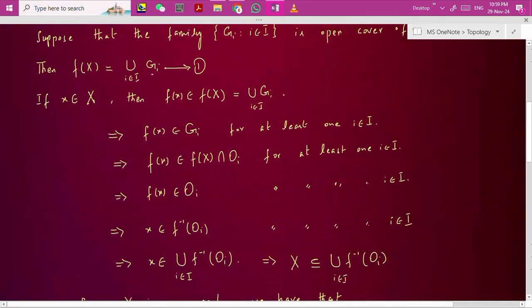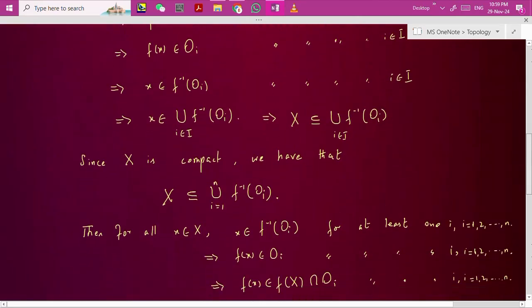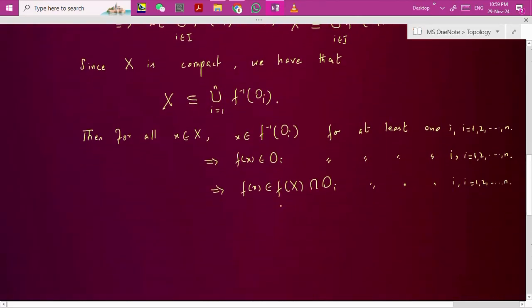So gi are open in f(X), and they have the form f(X) intersection OI by the definition of subspace, and this is equal to gi. So we write here gi for at least one I, where I is from 1 to n,